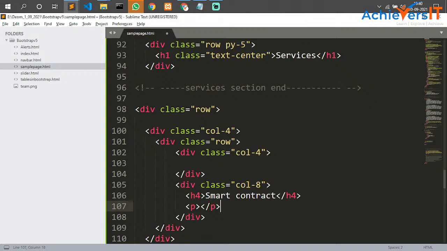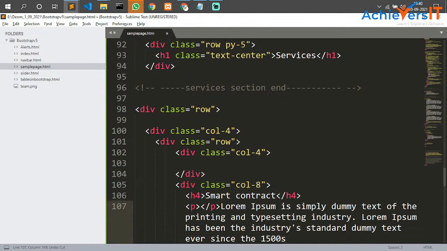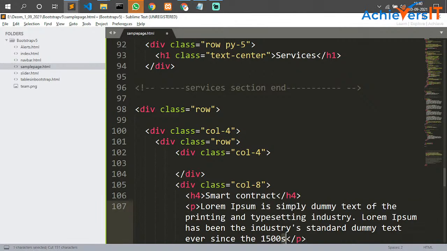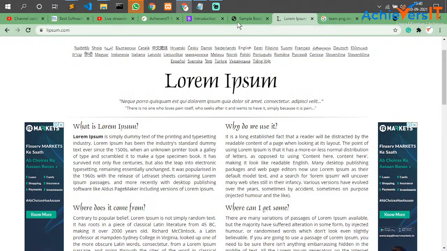Control C, and I'm going to paste it over here. Control Z. Control X, and Control V inside my p tag. Okay, dot, Control save. Now if you try to reload our page,